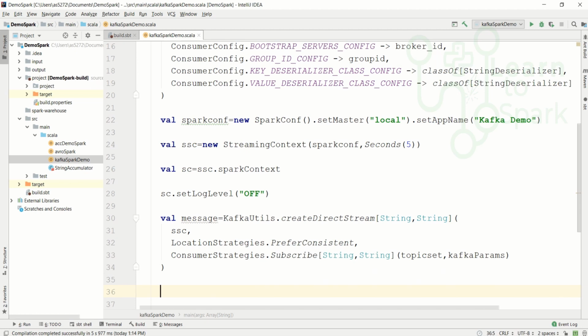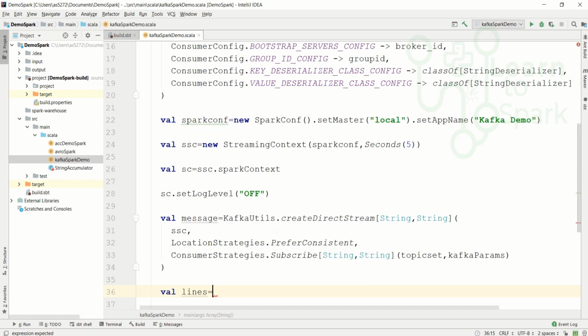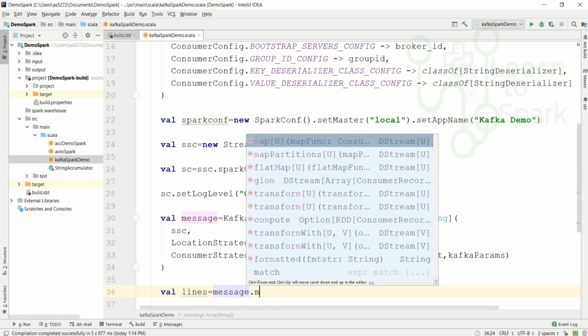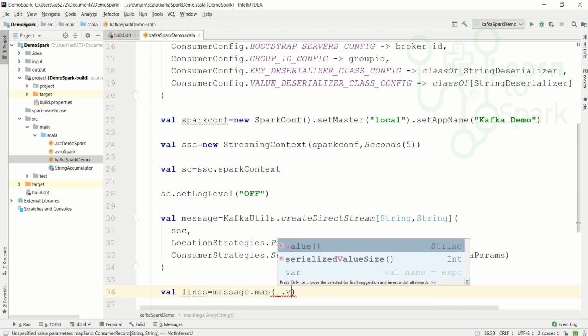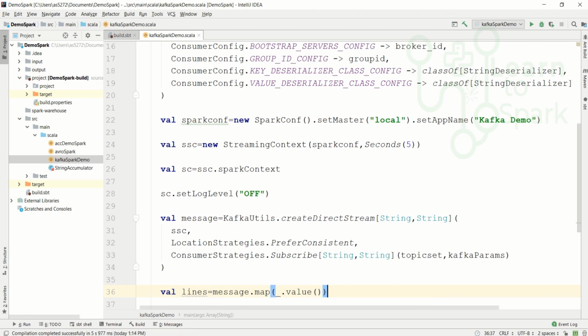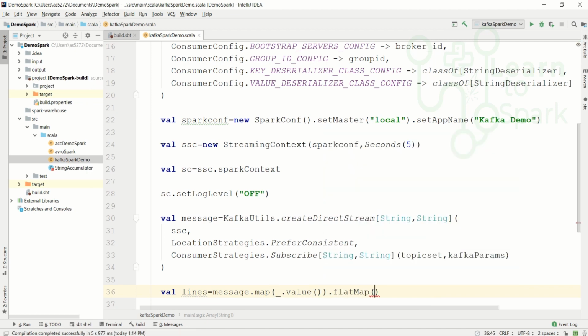To calculate the word count for the message, let us give val lines is equal to message dot map. Let us take the value of this message, and let us directly apply a flatMap here itself.